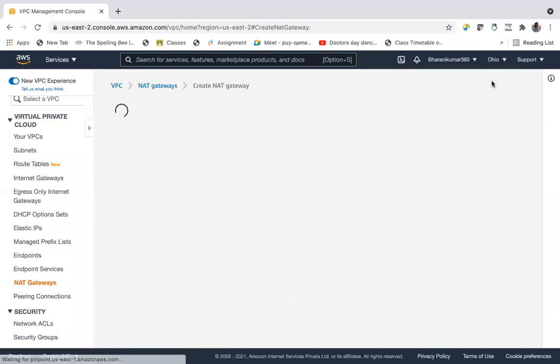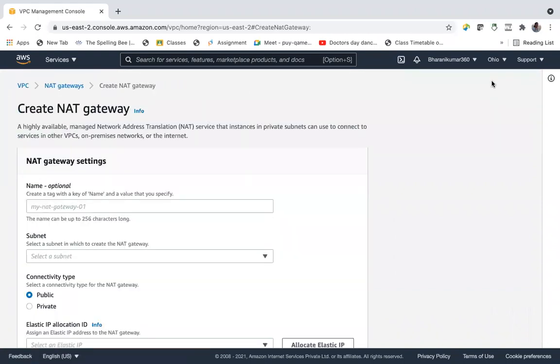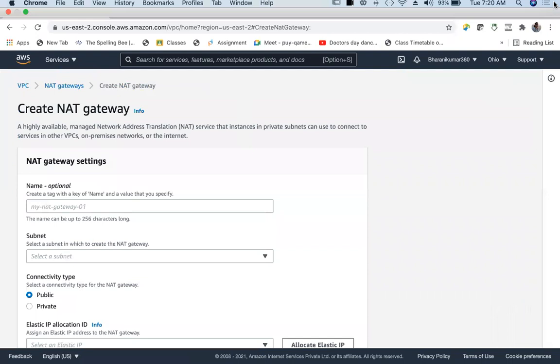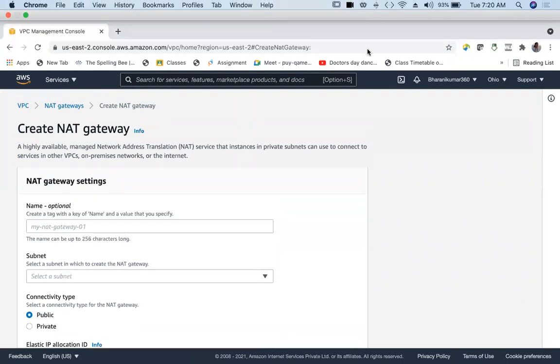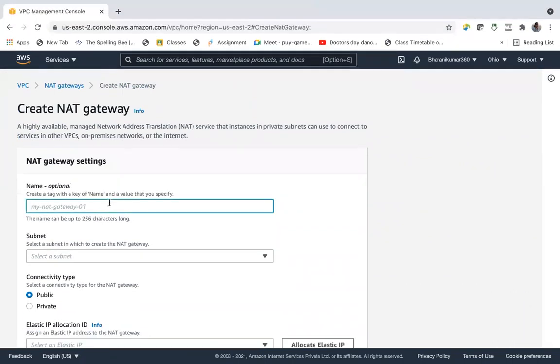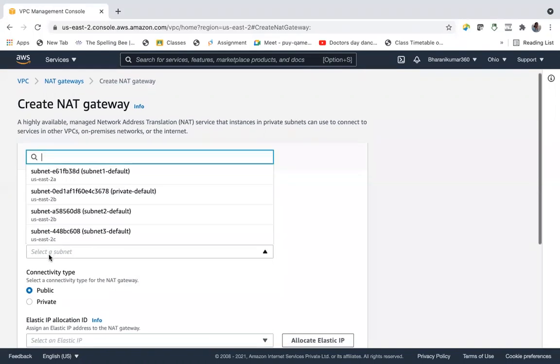Create NAT gateway. Let's give it a name, my NAT gateway. And subnet.